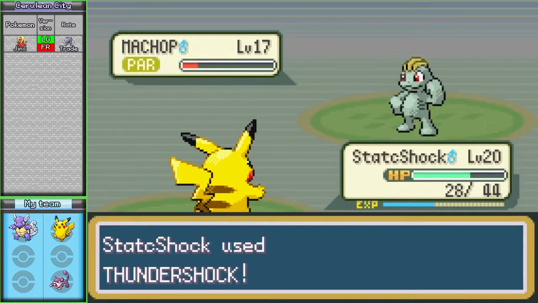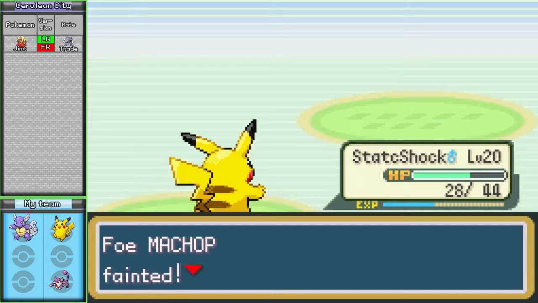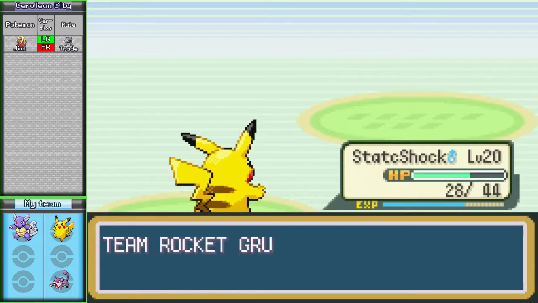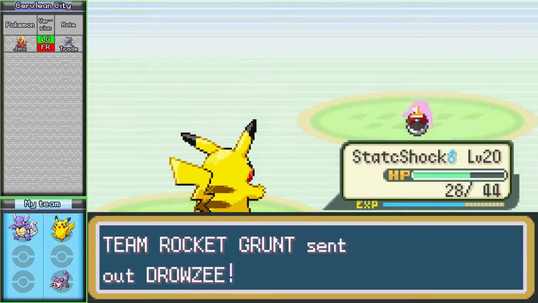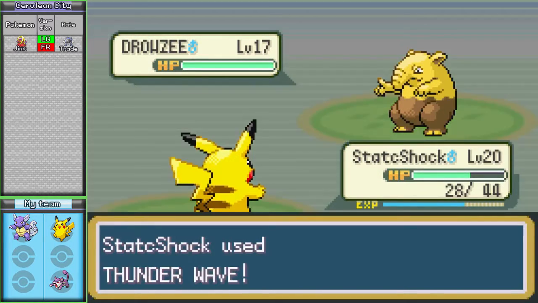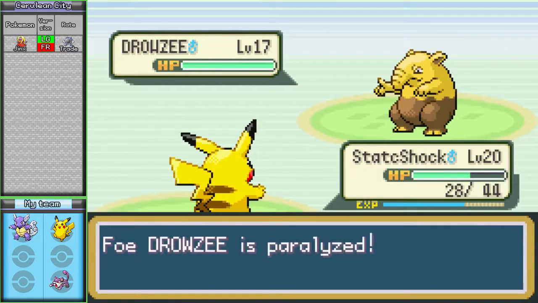So he has one more Pokemon for us to deal with, which is a Drowzee, I believe. Which we haven't seen one yet, so this is exciting. He's about to use Drowzee. No, Static Shock can handle this. Static Shock's got the Drowzee on lock. Easy peasy, lemon squeezy. We're going to start with a Thunder Wave, though, specifically because